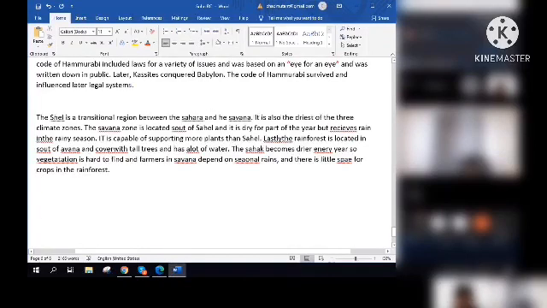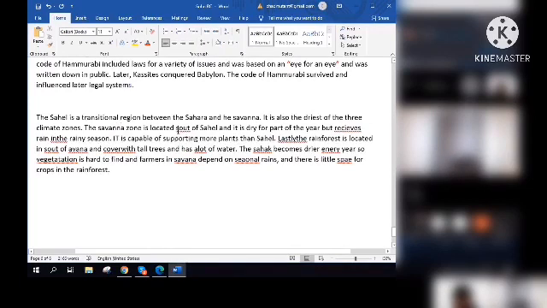So Sahel, between the Sahara. Capital S for Sahara. And Savannah, 2 N's. That's it really for the first sentence. It is also the driest place of 3 climate zones. The Savannah zone is located south, missing H, of Sahel, and it is dry for part of the year, but receives.